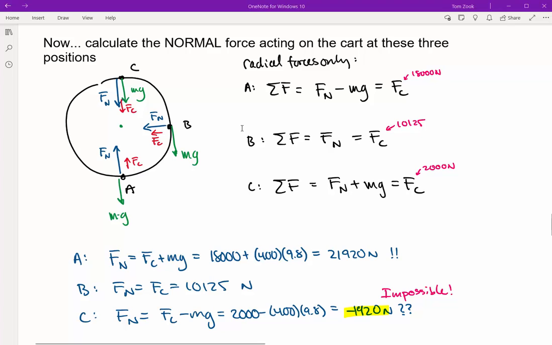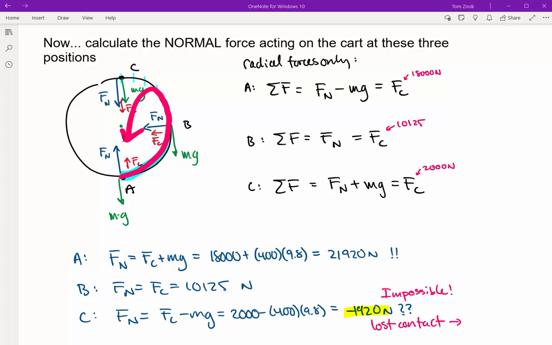Which would mean that instead of following a path like this, and then going up to the top of the circle, our little car, unfortunately, has gone up and then it's become a projectile and it's fallen down. At some point here, gravity won and threw it into free fall, which was bad. That's bad. Don't want that to happen. It lost contact,